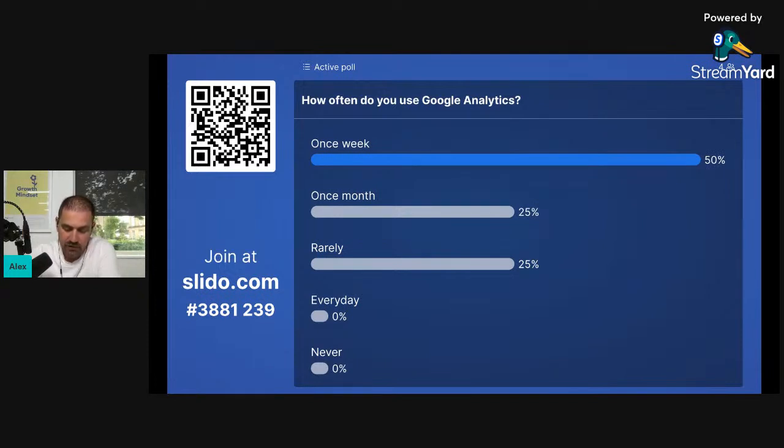That's interesting. 50% say once a week, or 60% now, which is good. Google Analytics is a tool that you can use to track your website performance or your marketing performance. So if you're in marketing, you probably need to use it at least once a week.